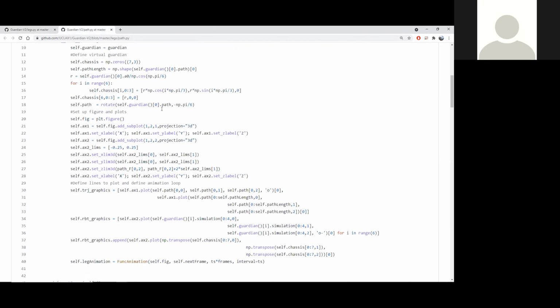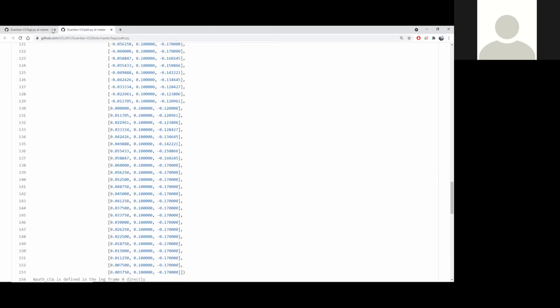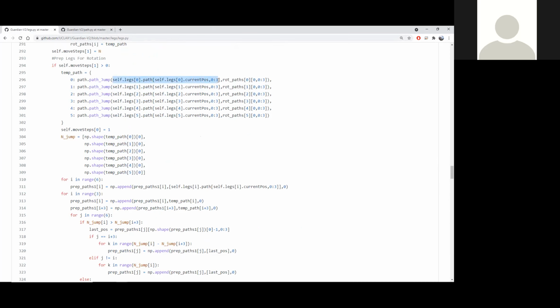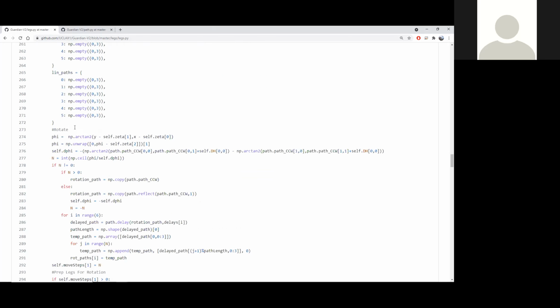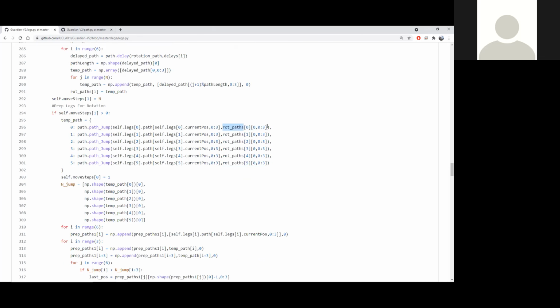Because remember, this is a big, long array. So I'm taking, basically a fancy way of saying, take the current position, the current XYZ point you are currently at. Unfortunately, it looks like this because it's math and because of how my code is structured. But that's all I'm doing. I'm taking the first position, remember I calculated my rotation first, I'm taking the first position that my rotation is at, and I'm passing that to my jump function in path,